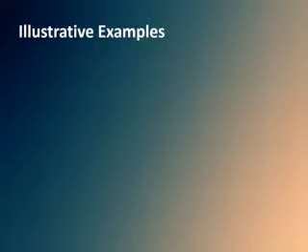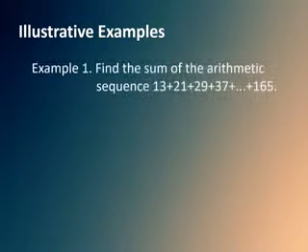Illustrative examples. Example number 1. Find the sum of the arithmetic sequence 13 plus 21 plus 29 plus 37 plus and so on until 165. In finding the sum of this arithmetic sequence, first step,